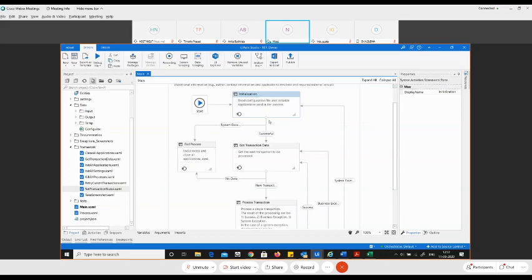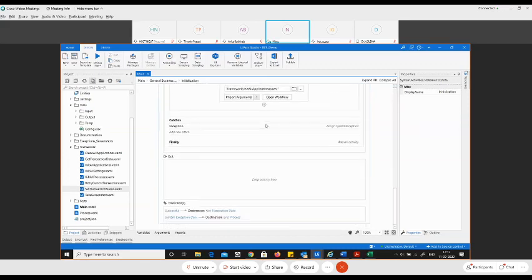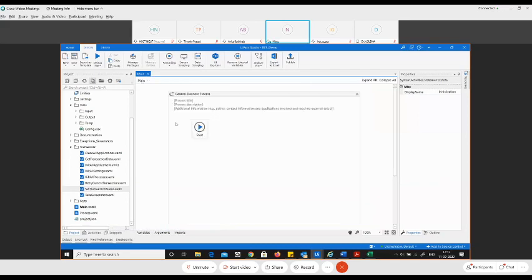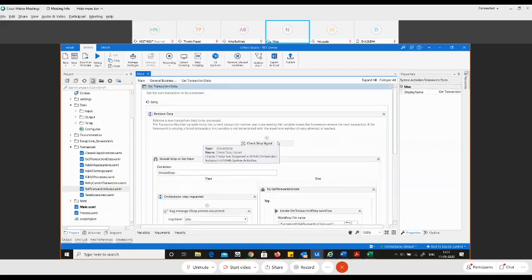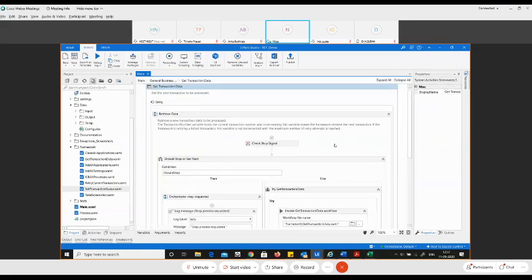But if the state is successful, as in, if you see here, let me open this. If you see here at the bottom, if the transaction is set to success, you go and open the get transaction. If the transaction is set to fail, as in if there is a system exception, then you go and call the end process over here. So this is where the end process is. And let's now go ahead, assuming the transaction is successful, in our case. So we'll go ahead and open up the get transaction state. Let me open up the get transaction state for you. Now, let's see what is there in the first activity.